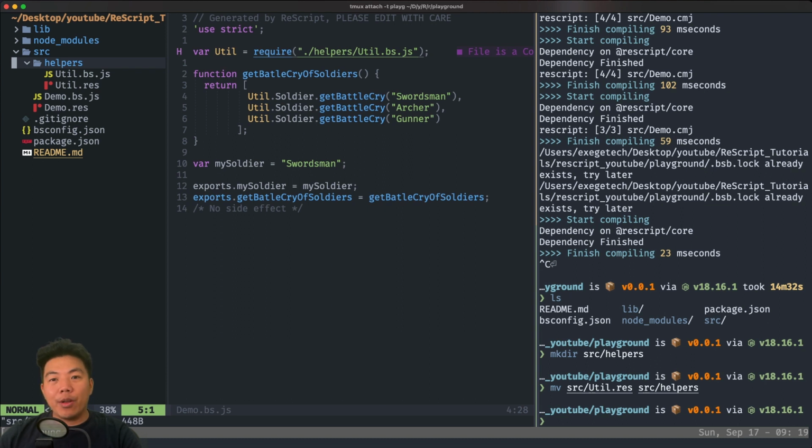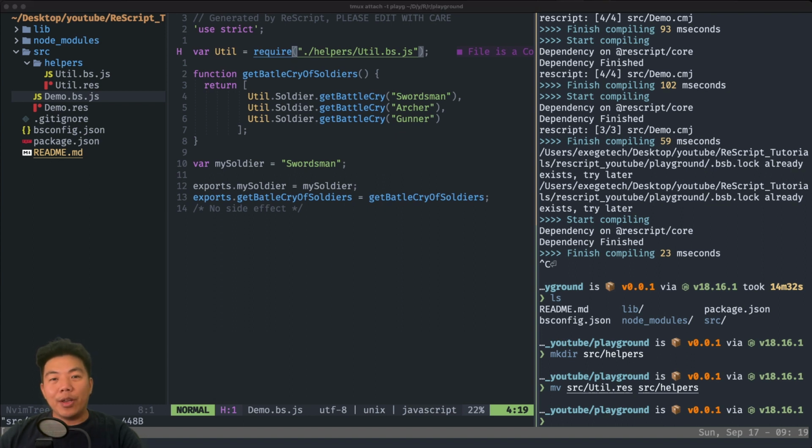So the Rescript compiler here automatically knows that util.bs.js belongs to util.res, and it moves them together. Or maybe it just recompiled and deleted the previous one. So let's see what happened with demo.bs.js. As you can see here, the Rescript compiler correctly knows where to require the util.bs.js.